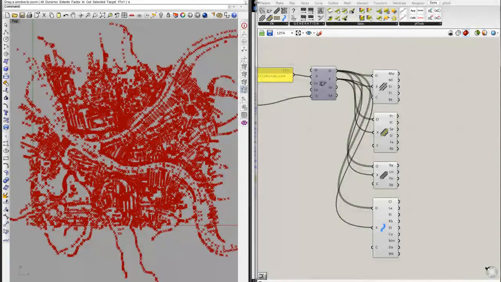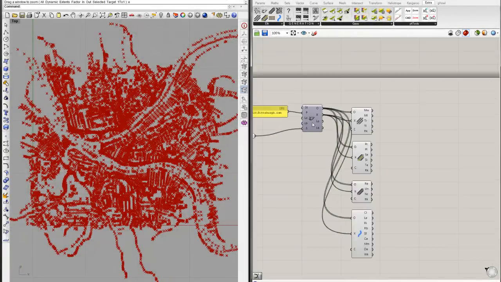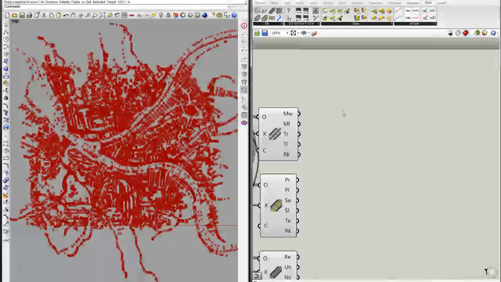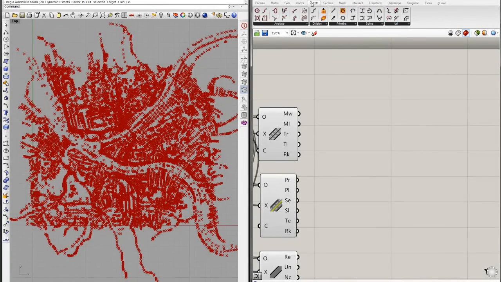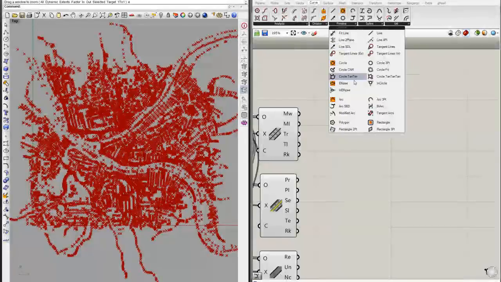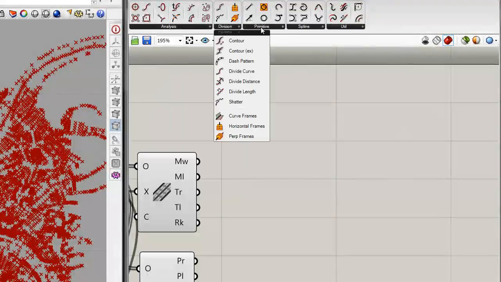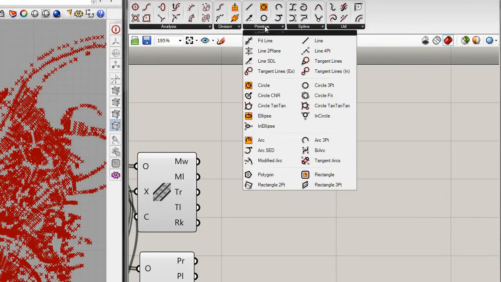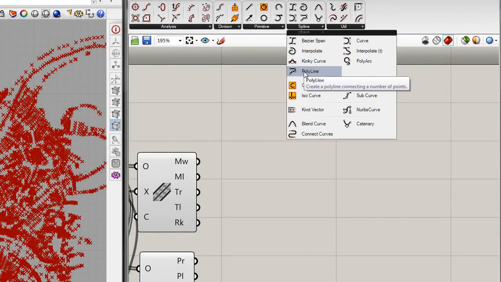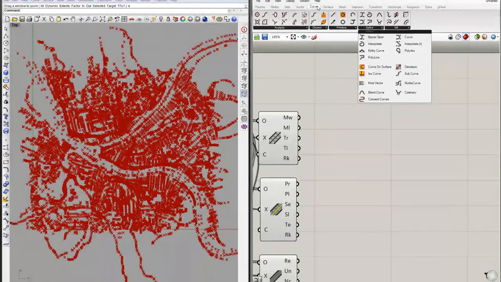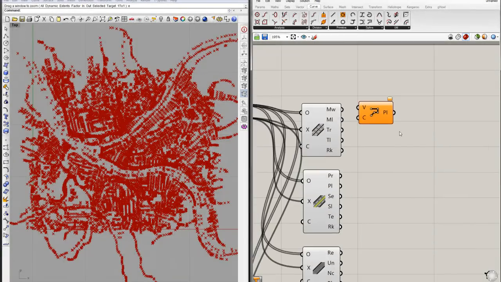So what we'll do is we'll go back here into Grasshopper, and we'll use a polyline component, so you can come up here to curve, primitive, and polyline, which I can't seem to find right now, under spline. I usually just click in the canvas to find it. Oh, yeah, I missed it. Okay, if you go under curve at the top, spline, polyline, click on that, drop it onto the canvas,